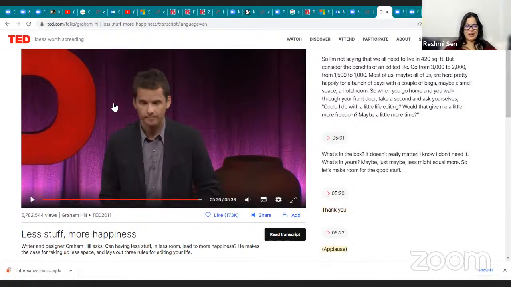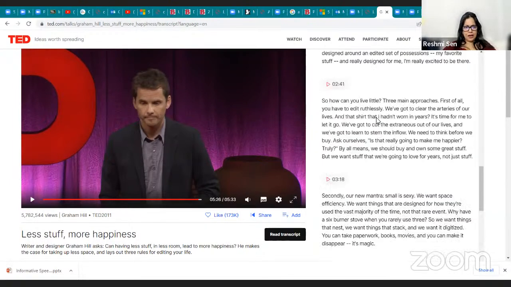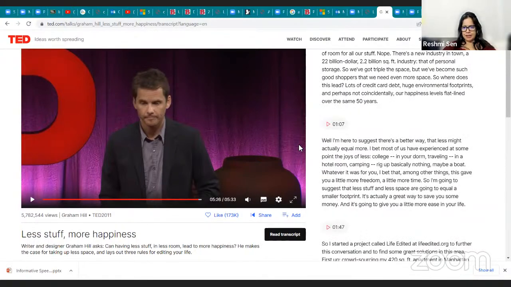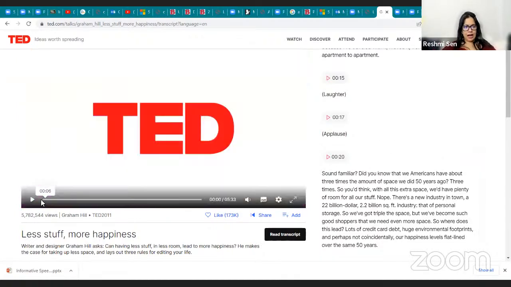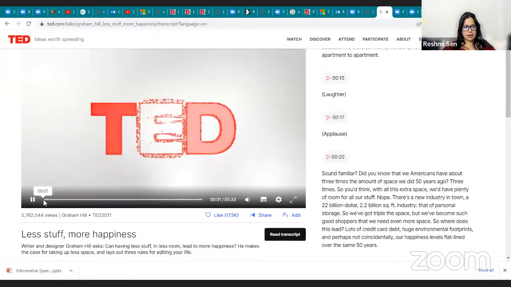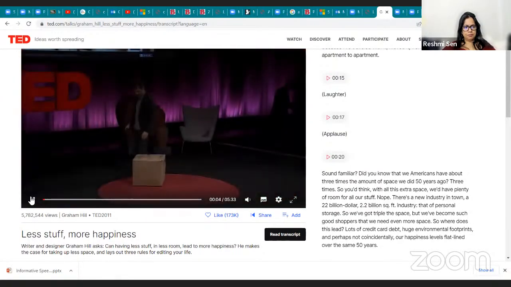All right, class. So you heard this speech, and I wanted to see how it maps out with the Monroe's motivated sequence that we discussed. You can actually look it up, "Less stuff, more happiness," and you get the whole transcript here, and you can see how the outline has been written. So clearly, just to go back here, right here, he starts with the box, right? So when you think about the first step, the attention step, and I said that the first thing